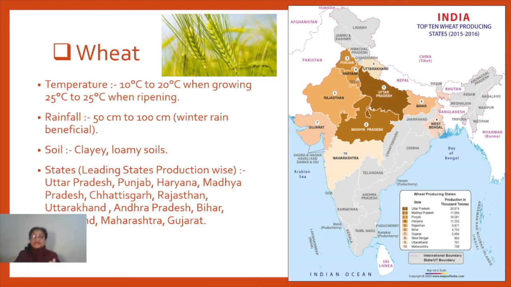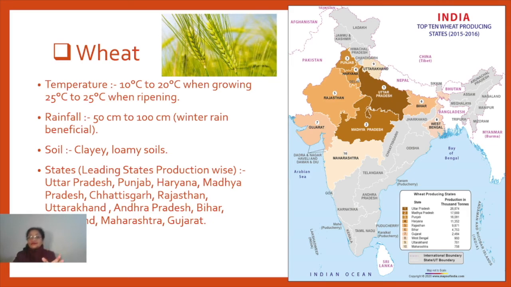Now, wheat is a rabi crop. Okay, so according to the rabi season, you can easily understand what average temperature conditions are required for this. Moreover, rainfall required is comparatively less. So you can see here the conditions required for wheat cultivation. Temperature from 10 to 20 or 25, right? At the most 25. That is the most ideal temperature condition required for this crop. Number 2, the rainfall should be between 50 to 100, 125 at the most, not more than that. Heavy rainfall is not ideal for wheat cultivation, right?